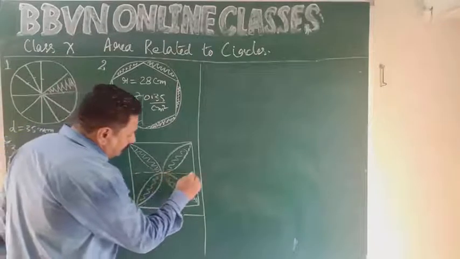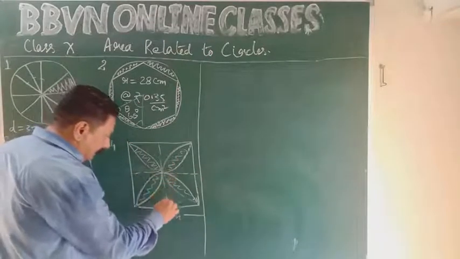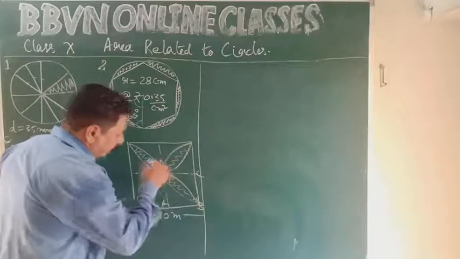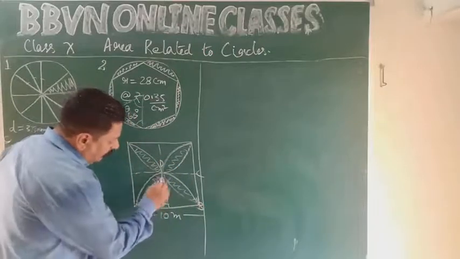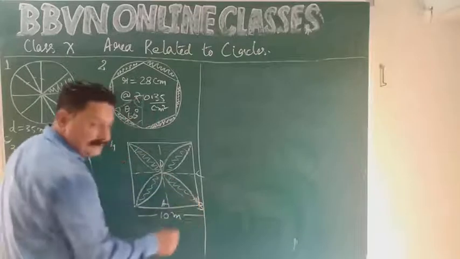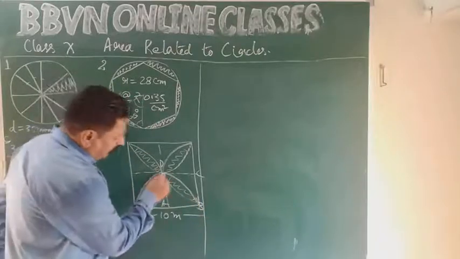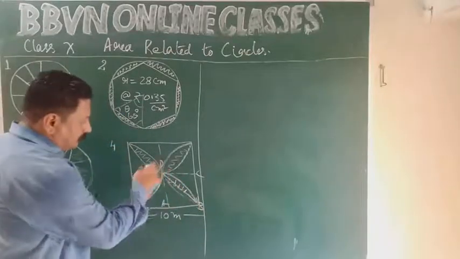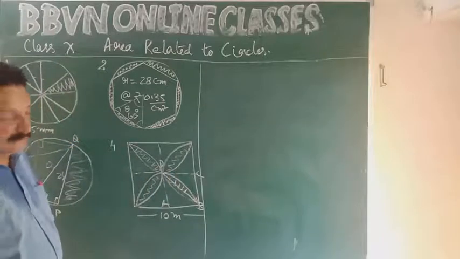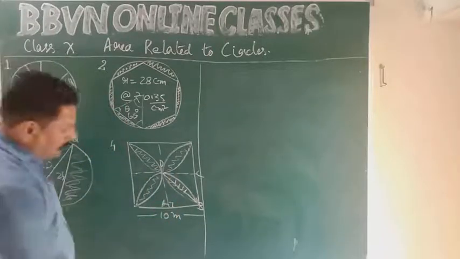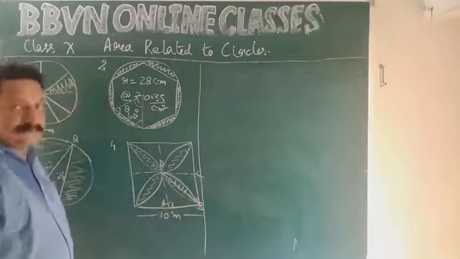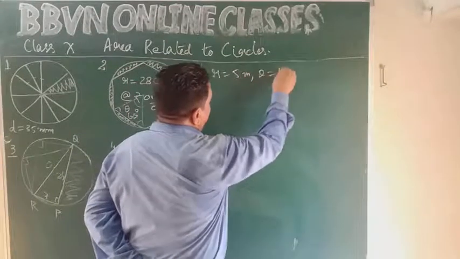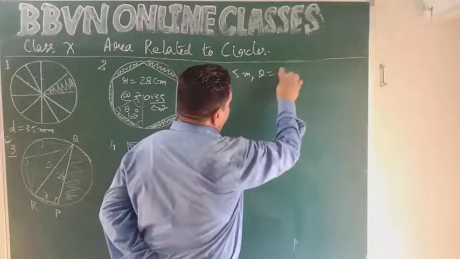Suppose I draw this line, and here also I draw this line. Consider this A, B, C, D as a square. Okay, now this is an arc. So this forms a sector, and if I join this, it is a segment. Now 2 segments plus 2 segments plus 2 plus 2, total 8 segments. What is theta? 90 degrees. What is r? Half the side of the square. So r equal to 5 meters, theta equal to 90 degrees.